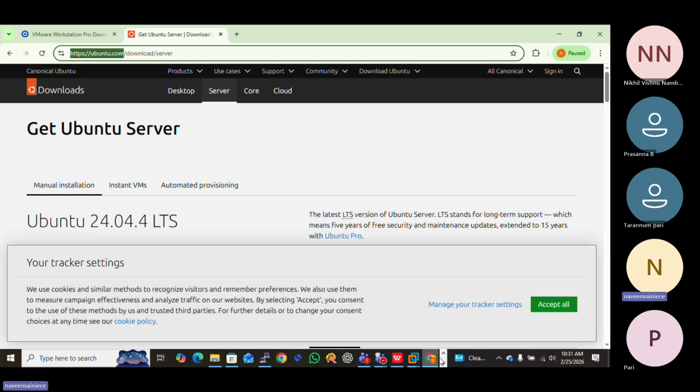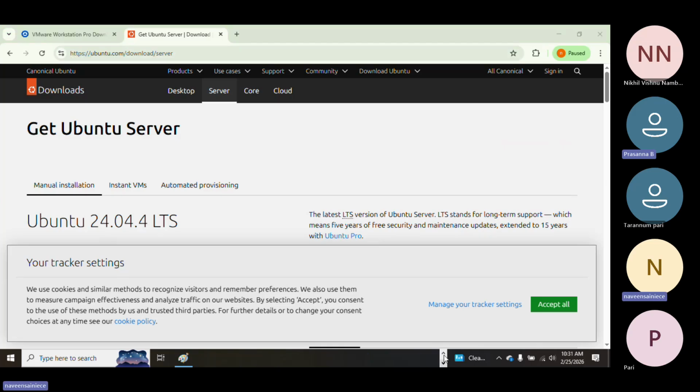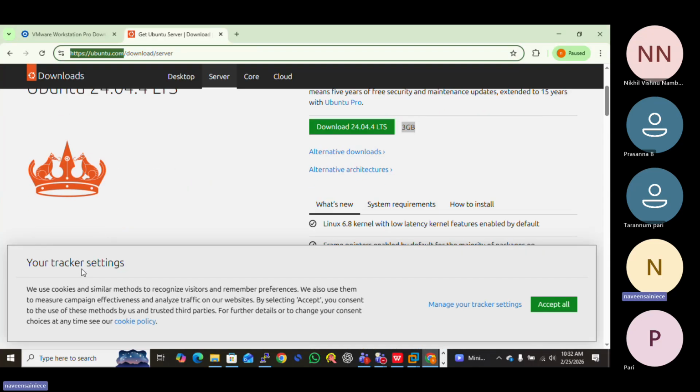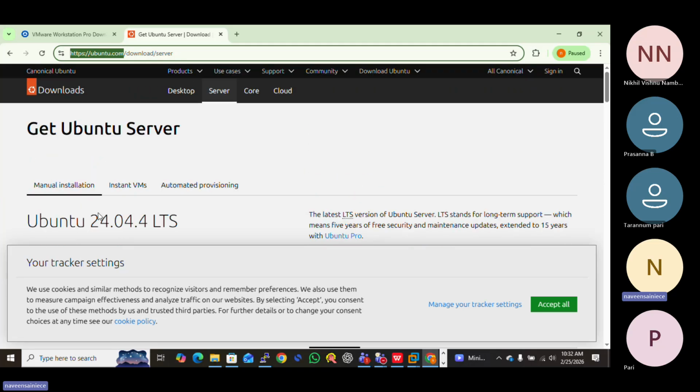Web server. So pages are stored on which server? The web pages, whatever you are seeing here, whatever I am scrolling, those are the web pages. But these pages are stored on the web server. That's why it is coming from that location.